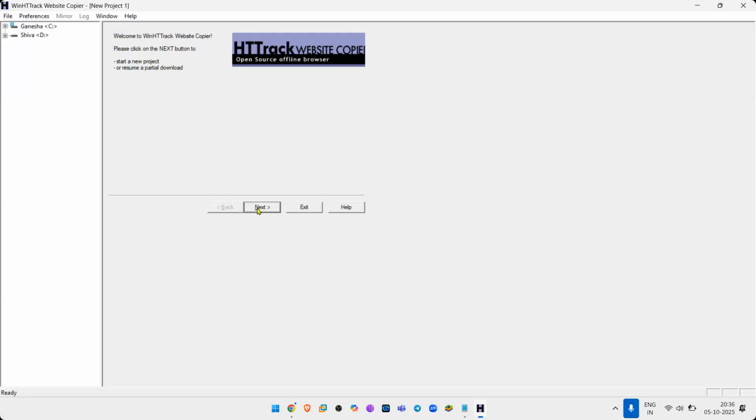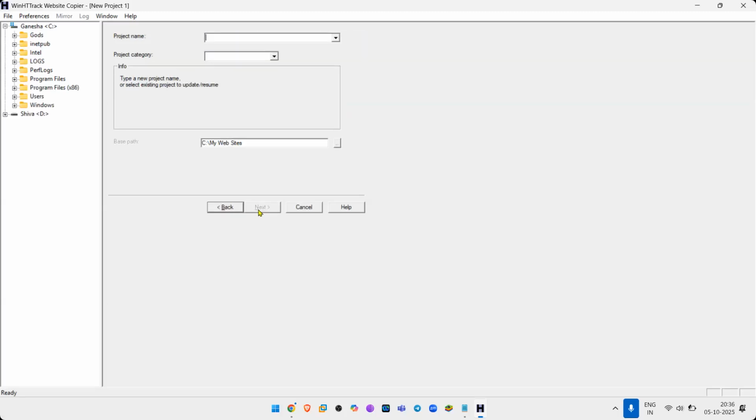Please pay attention on the screen now. Just click on next, and it's asking for a project name. I'm calling it certified hacker. The project category, CH. You can put whatever you want in project category and project name; the name doesn't matter. Where will it store the file? It will store the file on c:/my websites.